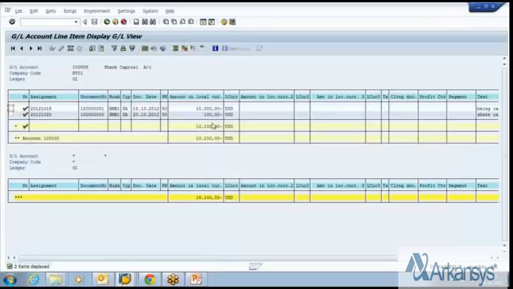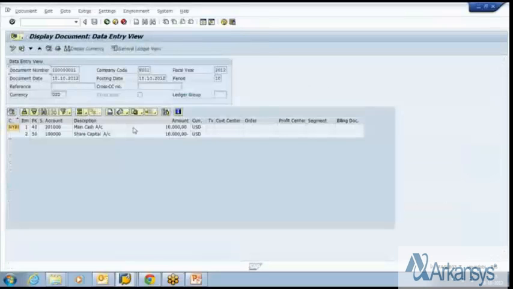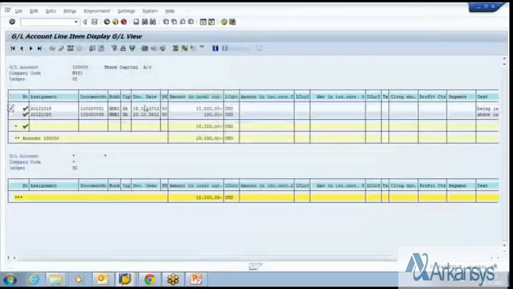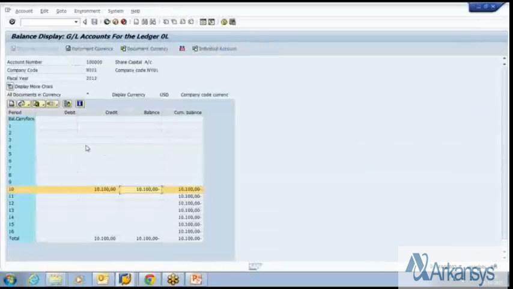So if I go back, this is the display balance transaction where you can see period-wise debit and credit balance and then the cumulative balance. From here also you can go for the line items. You have one more transaction code to see the line items. FAGLL03 is for line items. You do the line items and see open items up to a period. So till what date you want to give? So I want to give